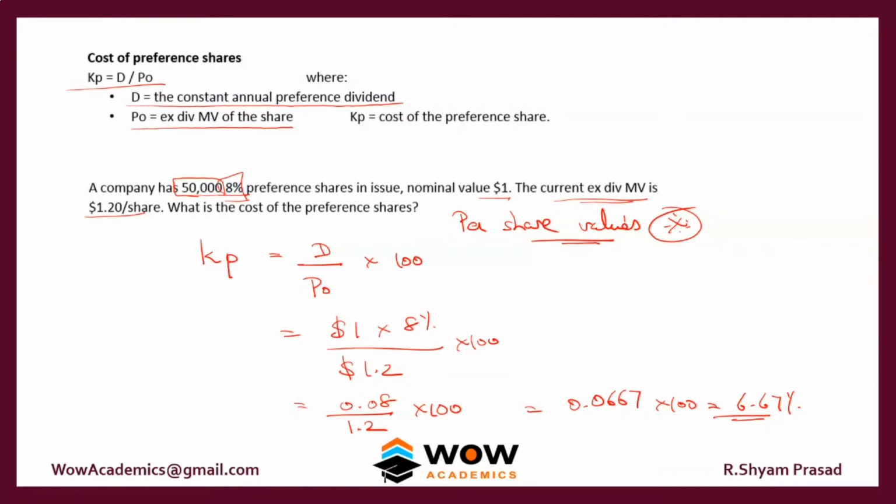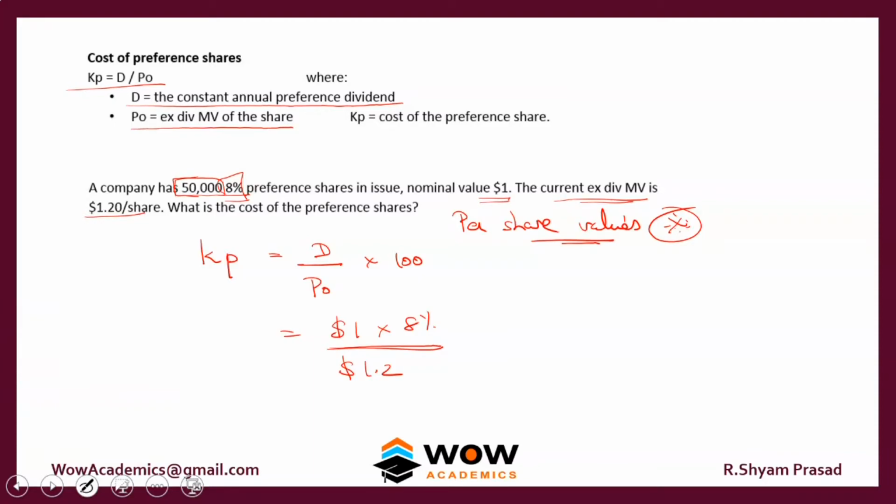Okay, so this is the easiest way to do it. Normally they will give you the nominal value. Based upon the nominal value, compute the dividend per preference share, find out the price per preference share and solve it. You can also solve it with the whole number basis, but whole number basis will take a long time for you to solve. So if you want, we will solve through that also.